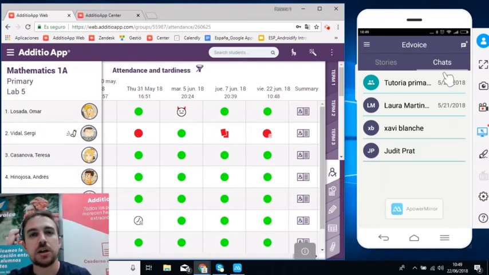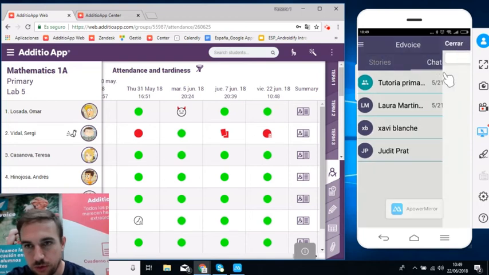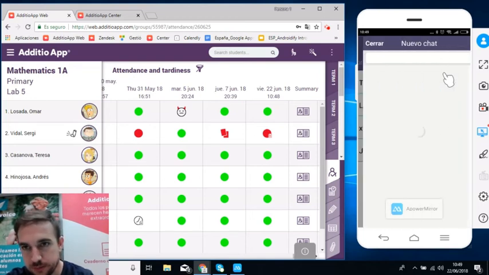Okay, but that's something that is decided by the teacher, by the school, so the control is over them. Okay, here with the plus button, I'm going to access the process to create a new chat,